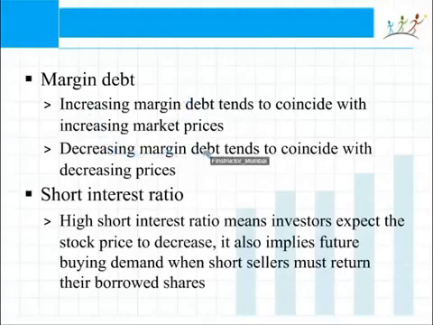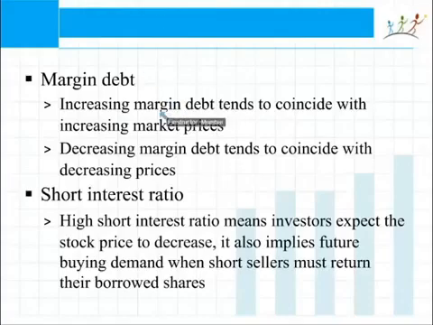As margin debt decreases, as people pay off those loans or don't borrow more, the buying intensity in the market reduces and stock prices tend to fall. So as margin debt decreases, stock prices also decrease. Again, the analysts can try to go with the trend or take a contra view in this scenario.